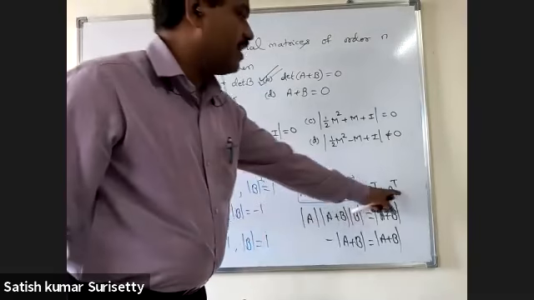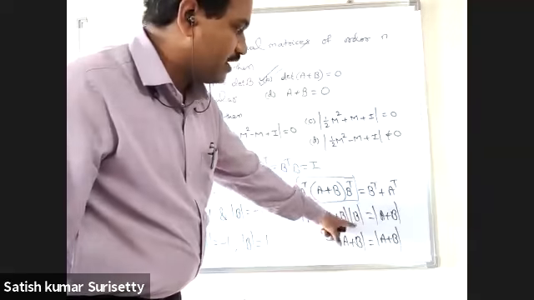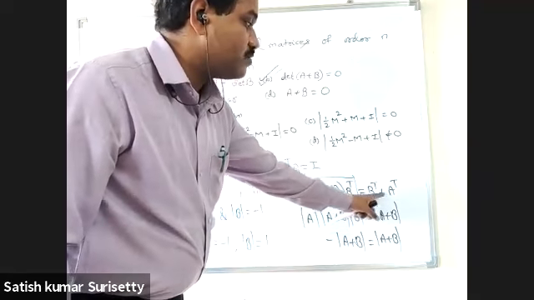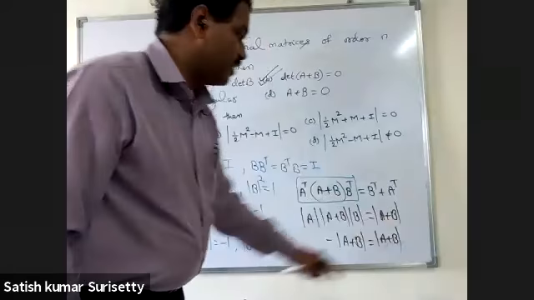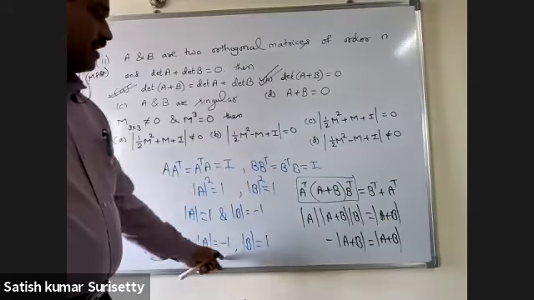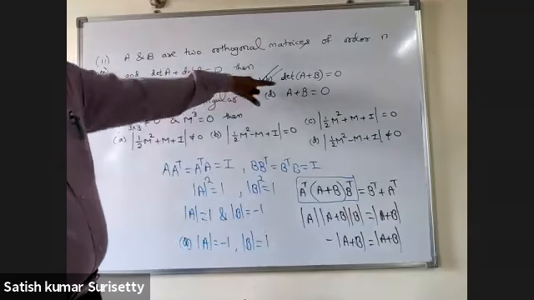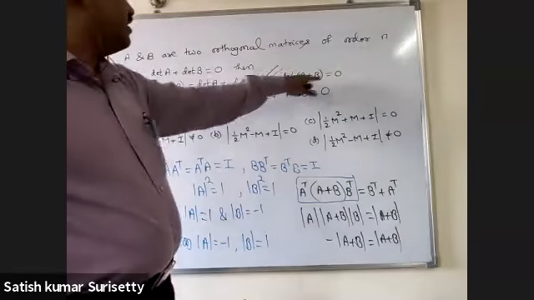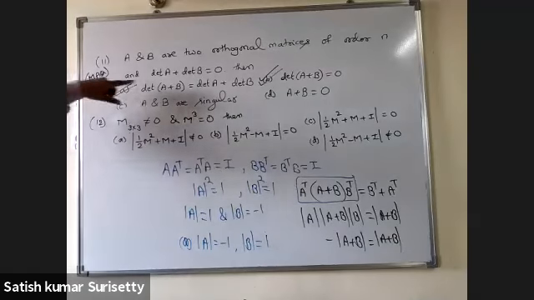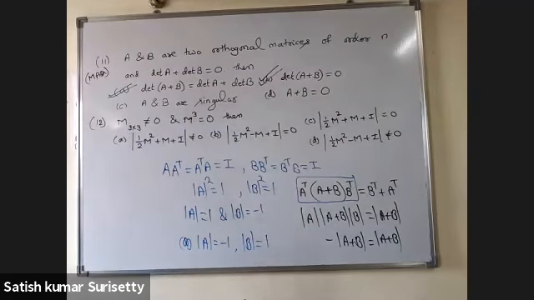Now you take determinant on both sides. So determinant of A transpose, determinant of A plus B, determinant of B equal to determinant of A transpose plus B transpose, which is the same as determinant of A plus B. But the determinants have opposite signs, that means minus 1 and 1 only. So you get minus of determinant of A plus B. Hence this will be 0. Determinant of A plus B will be 0. In option A, the left side is 0, and the right side is also 0. So that's why it is A and B.